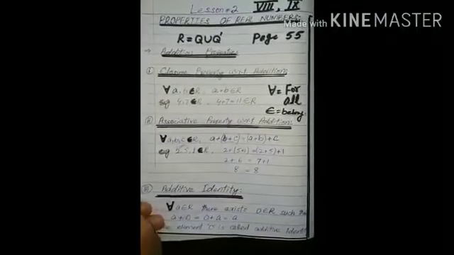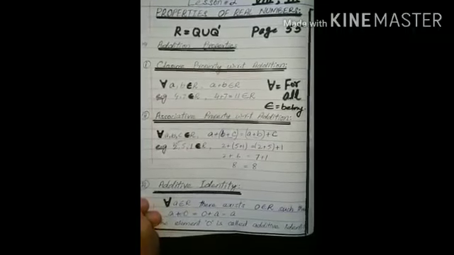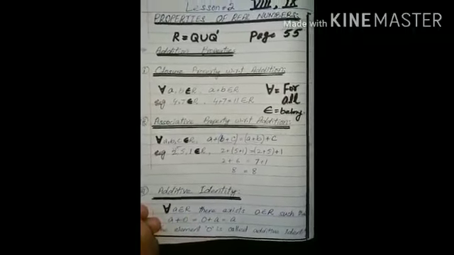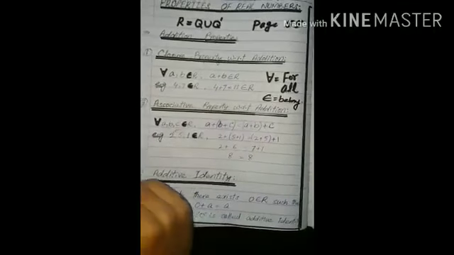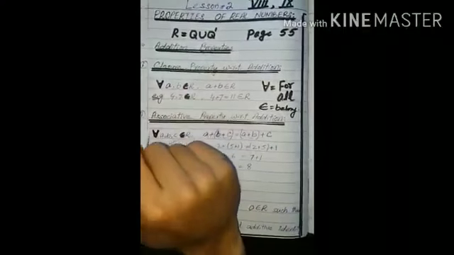Since we are making this video for class 8 and class 9, we are not going too much deeper into detail. I'll just cover the basics. Now, in the previous video you learned about real numbers, but let me recall: a real number is the union of rational and irrational numbers.